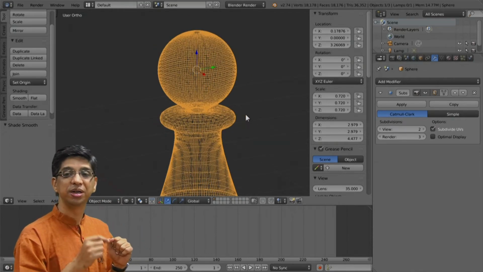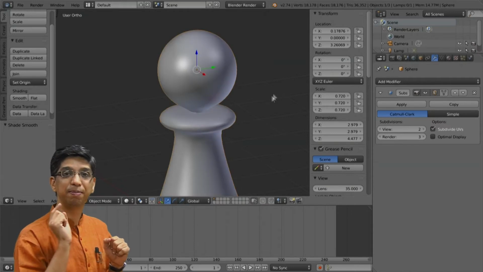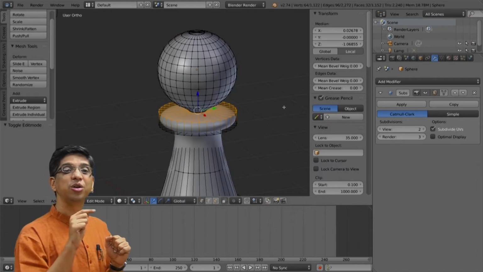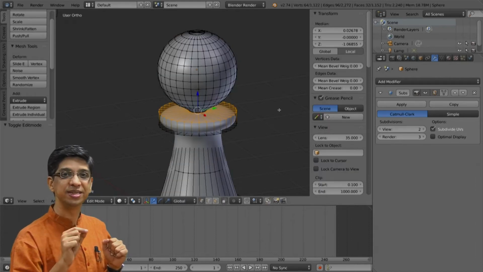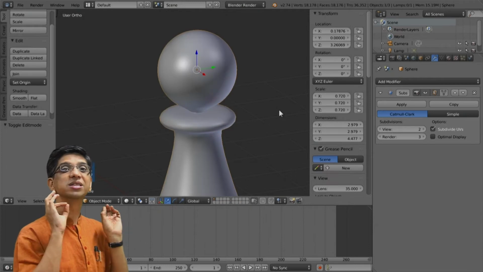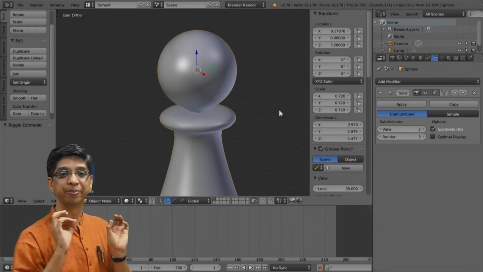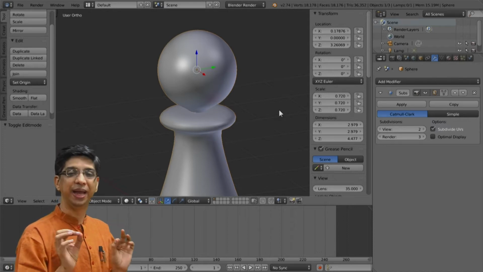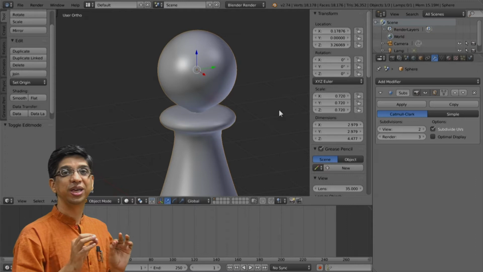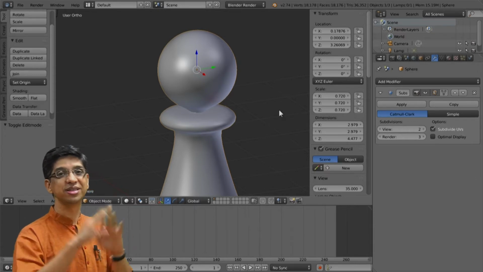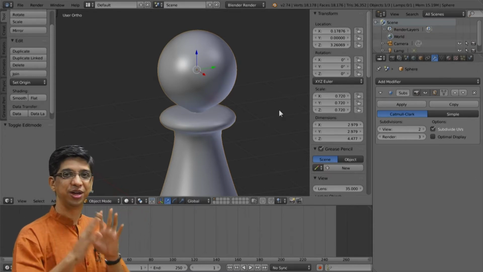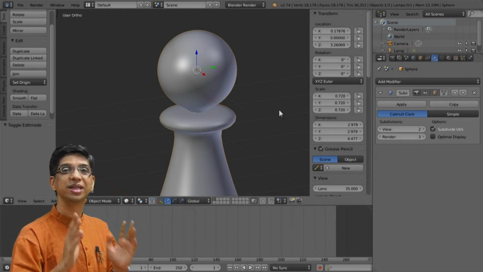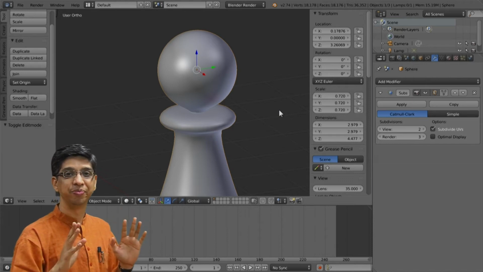However, remember that unless you press the apply button on the subdivision surface panel, these are not going to get implemented, which means your mesh will still remain the smaller size mesh which was there. Therefore, never click on apply unless you are working on a game engine. Now this is slightly a different subject, so we are not going into detail of that. Just remember, do not click on apply because that will increase the file size immensely.